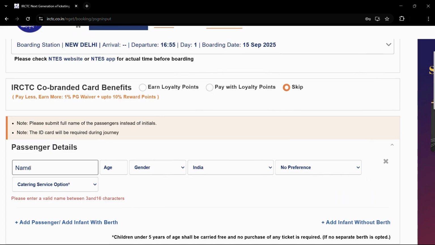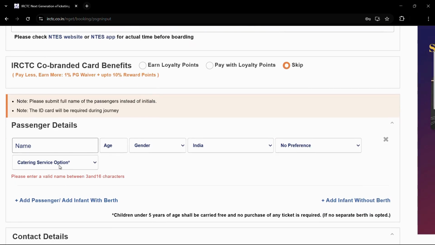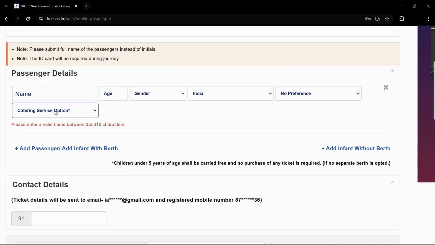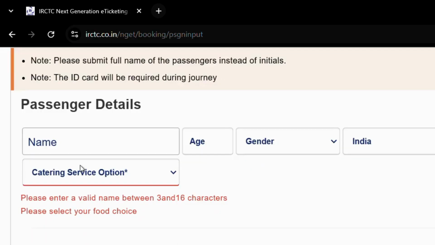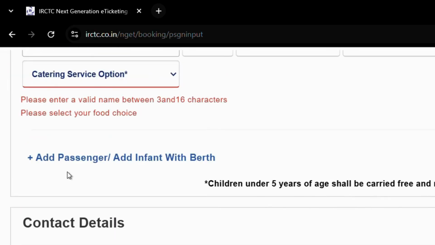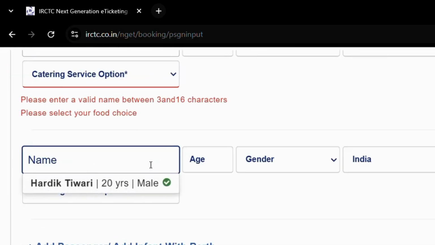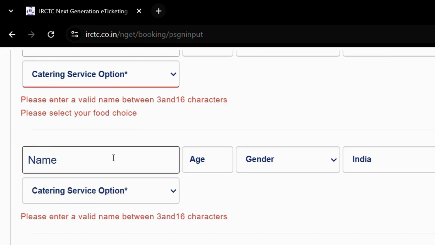Now from here you need to fill in the passenger details like the name, age, gender, nationality, and if you have a berth preference. You can choose any berth preference like upper, lower, middle from this particular section. Then you also have the option of catering service. Since this particular train has a catering option, you can choose your meal if you want. There are a number of different types of options for meal. If you want to add another passenger, you can simply click onto this button,